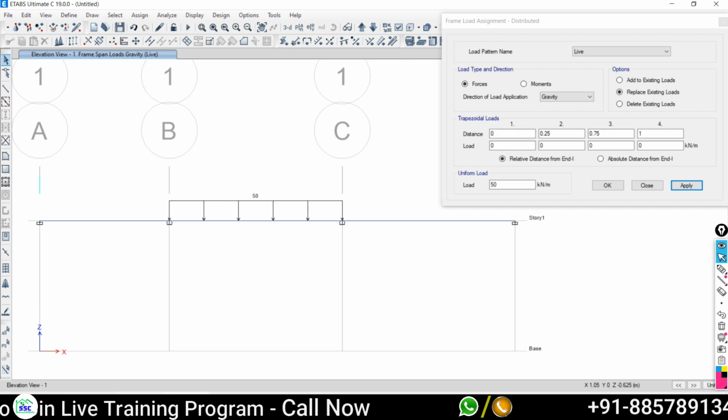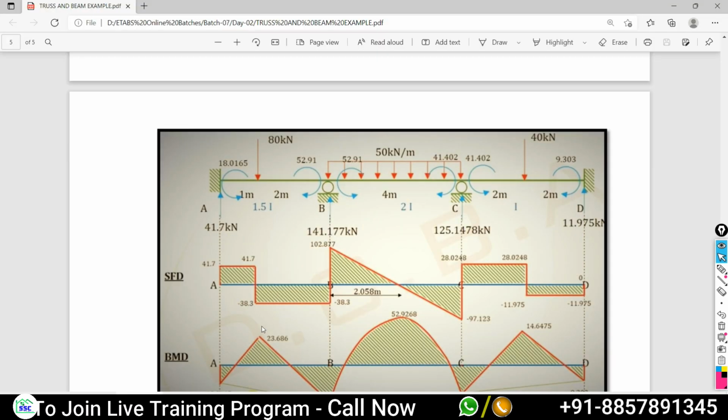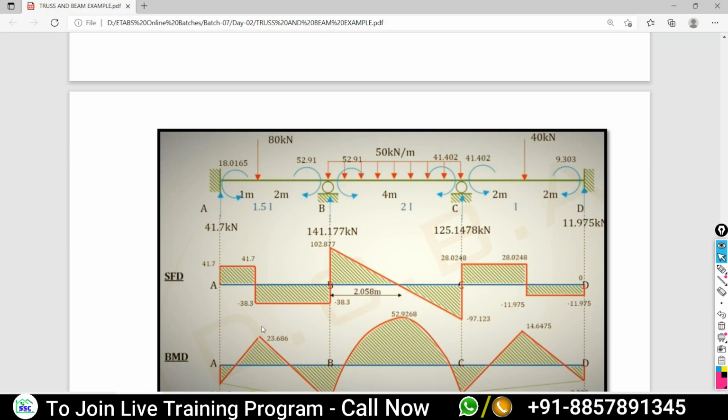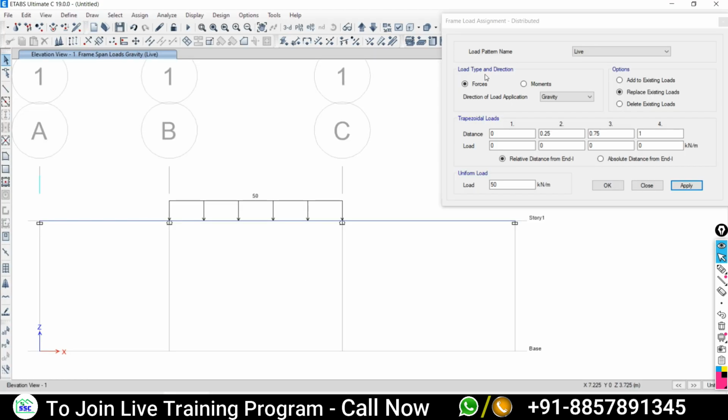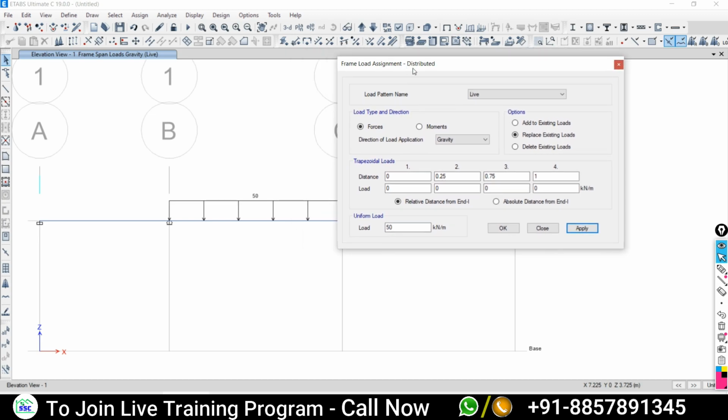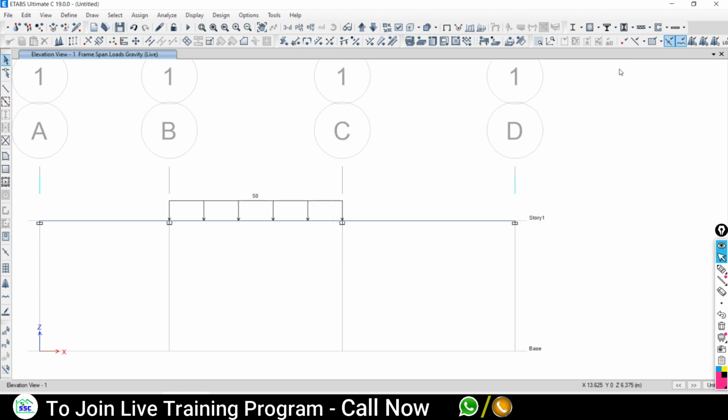Now next. The first part: 1 meter, point load 80 kilonewton. Go back. We have to assign a point load.